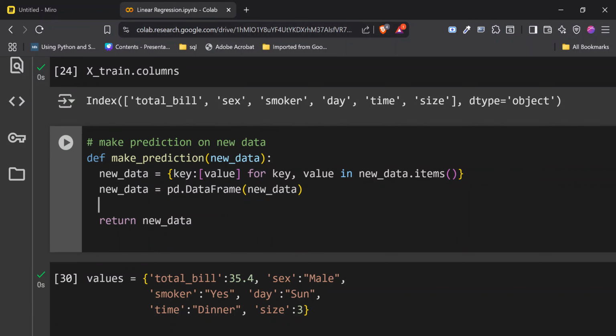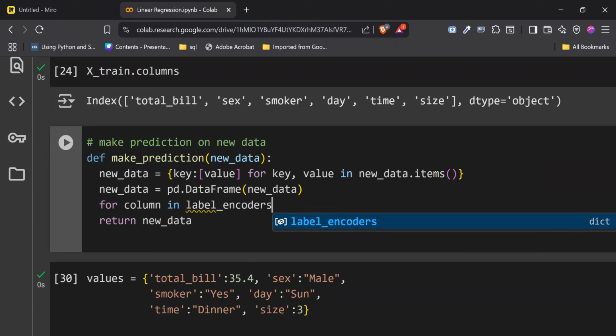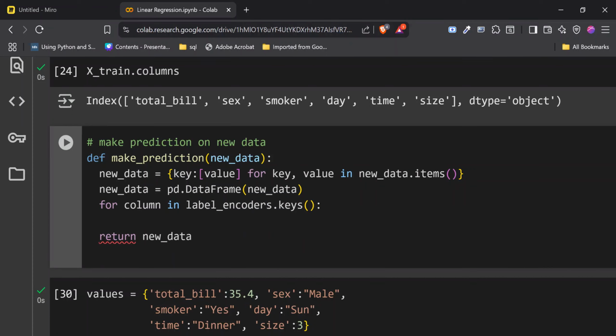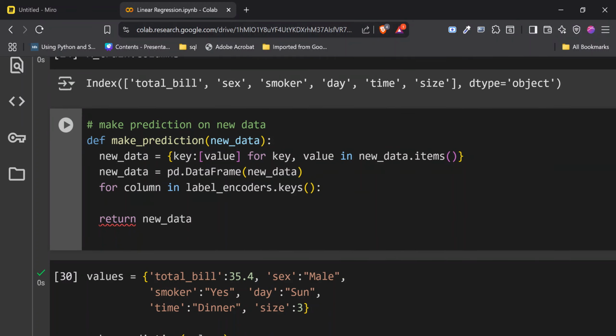So I'm going to come here and say for column in label_encoders, you could call .keys() if you want. But normally, if you loop through a dictionary, it is actually going to be the keys that you are looping over if you don't put .items().